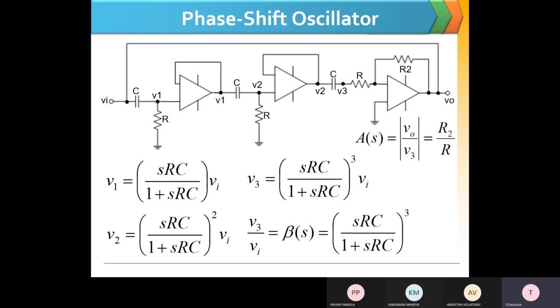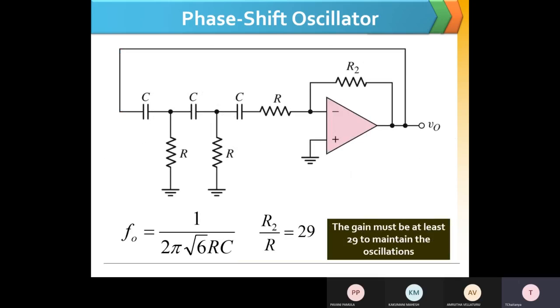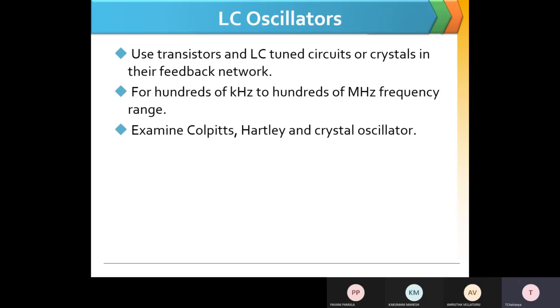As well as this one, the RC phase shift oscillator. We have 3 stages of phase shifting, V1, V2 and V3. Every stage shifts the phase by 60 degrees. Finally, I get the response as a 180 degree phase shift. So this is a general phase shift diagram. This one is one RC tank, another RC tank, and a third RC tank. Each and every tank provides a 60 degree phase shift. The fundamental frequency for the RC phase shift oscillator is 1 by 2 pi root 6 into RC. So this is the concept.